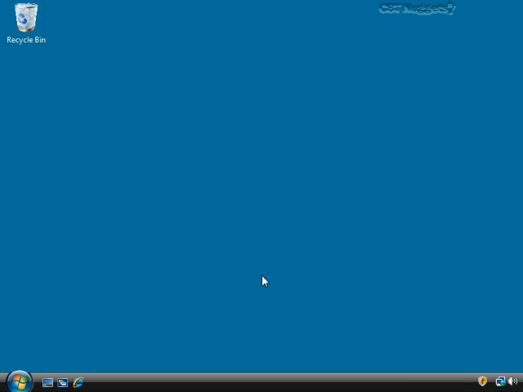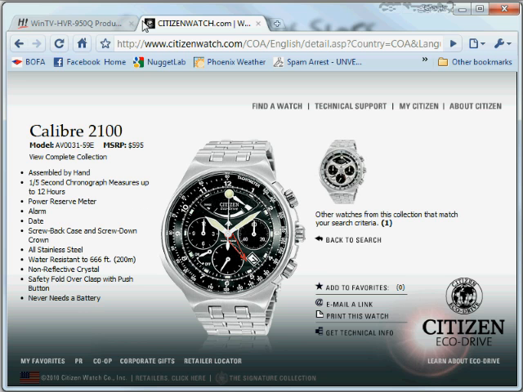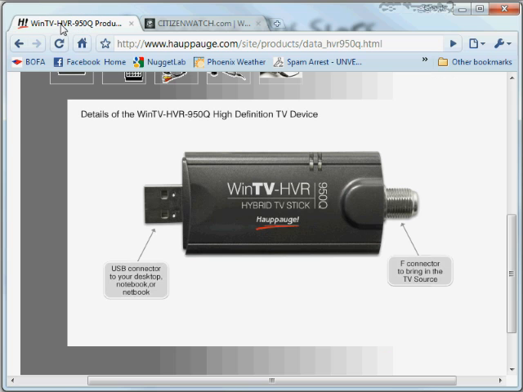But if they're doing gaming or something like that, they're going to want probably at least 512 megabytes, if not a gigabyte or more. Now that TV tuner card might be a PCI Express card, it might be a PCI card, and there's one other that's not really on here, and it's becoming increasingly popular, and that would be just a USB. I think I have a website where I showed that. Okay, that's right here. There it is.